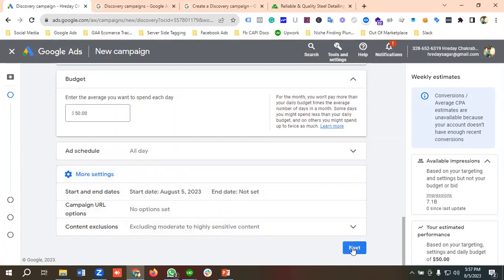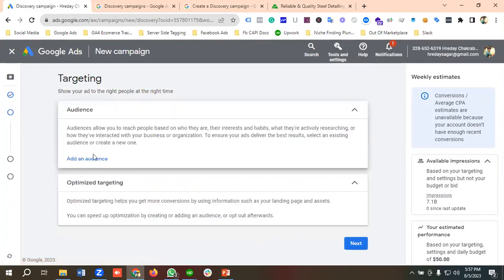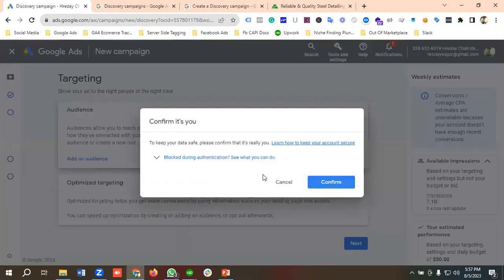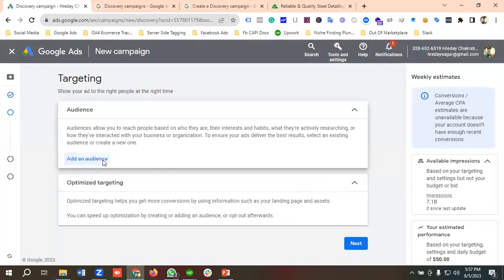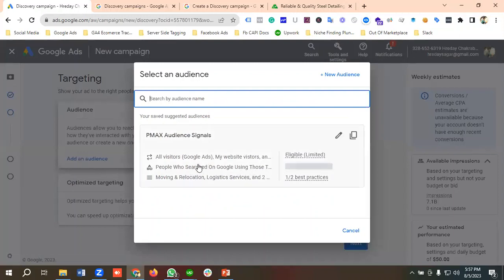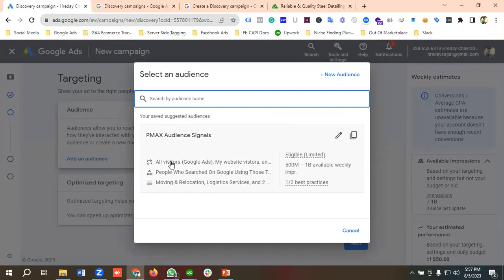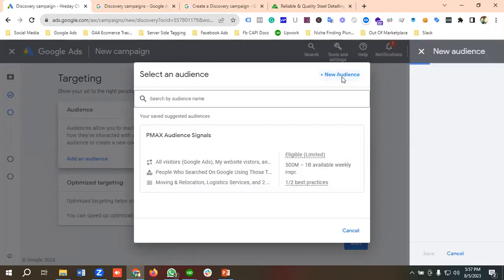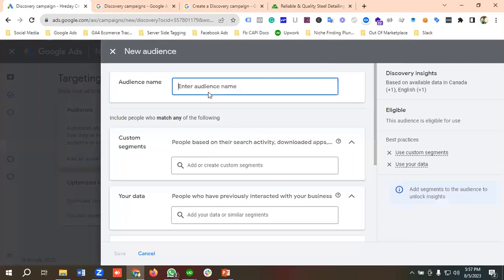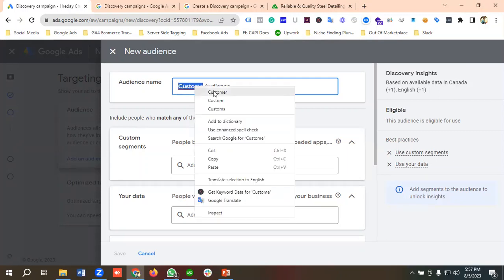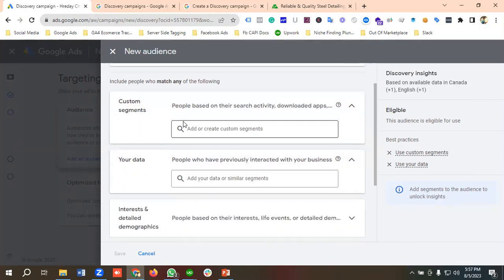Okay, so I'll be clicking on next, and from the audience section, you can add an audience from here. You can see over here, I have some audiences already built, like all visitors, Google Ads, people who searched on Google for this term. If you want, you can create a new audience. Okay, so for showing you, I'll be creating some audiences. So I'll name the audience as custom audience. Okay, from the custom segment,